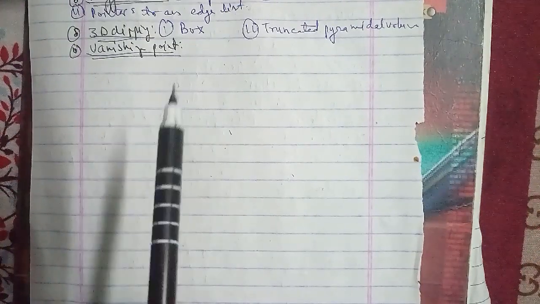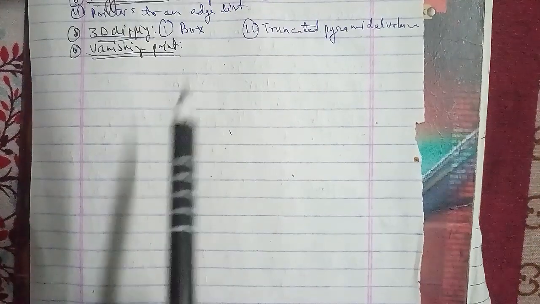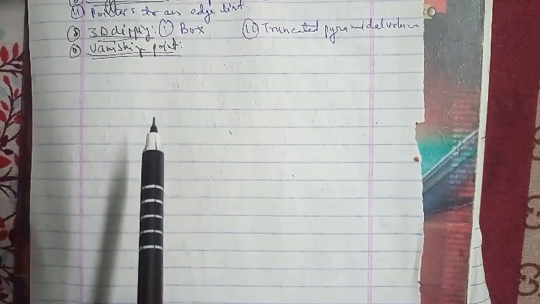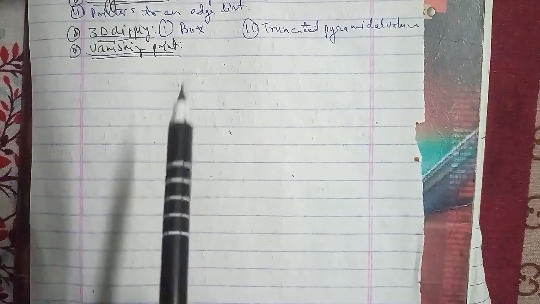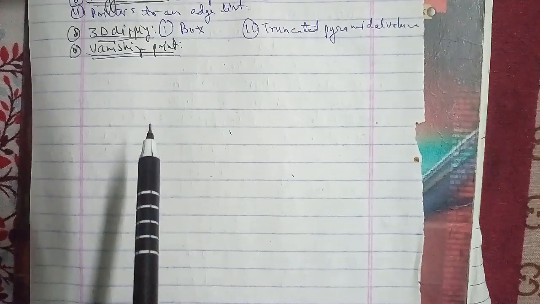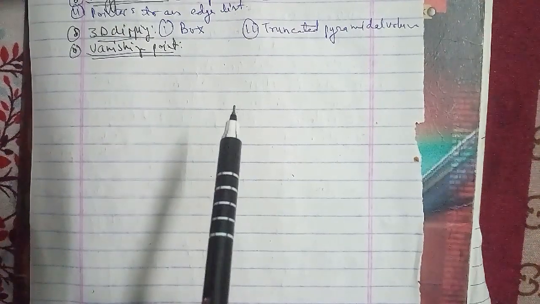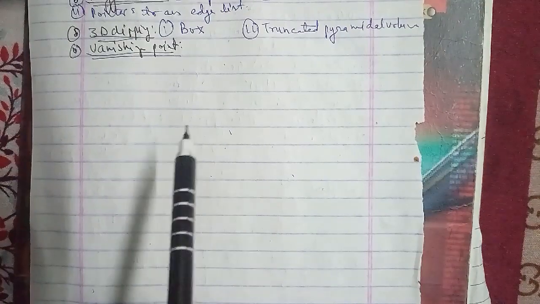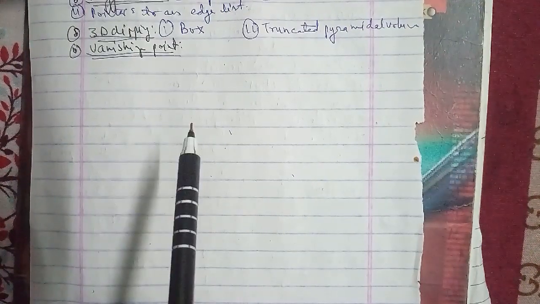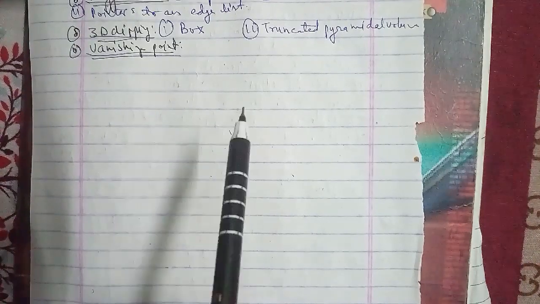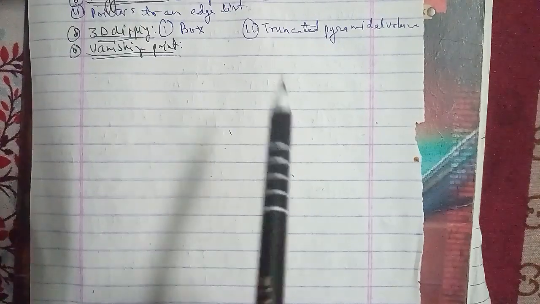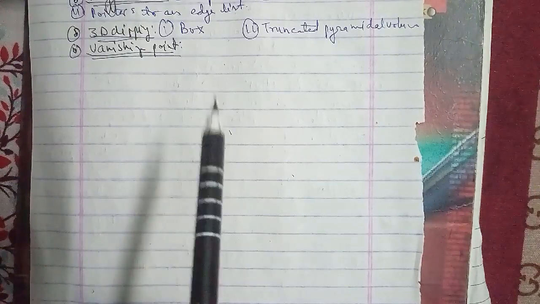The other question that has been asked is: dash is the point in the perspective projection where all lines of projection converge. The answer is the center of projection. Now we'll go ahead with the other question. Where projection lines are perpendicular to the view plane, such a type of projection is called dash. The answer is orthographic.